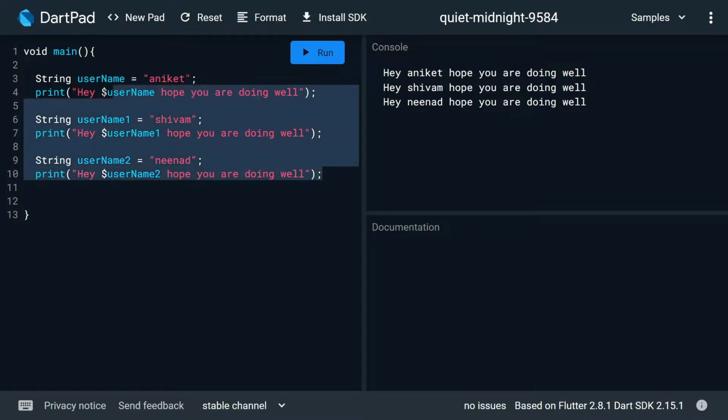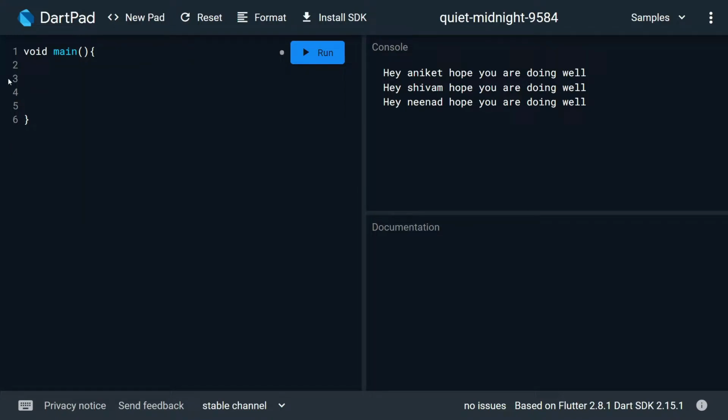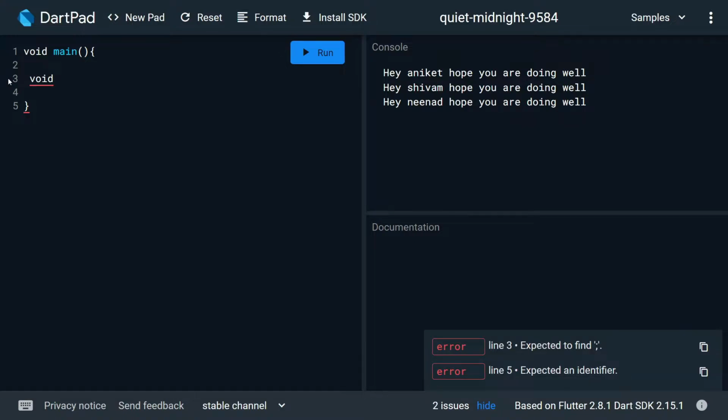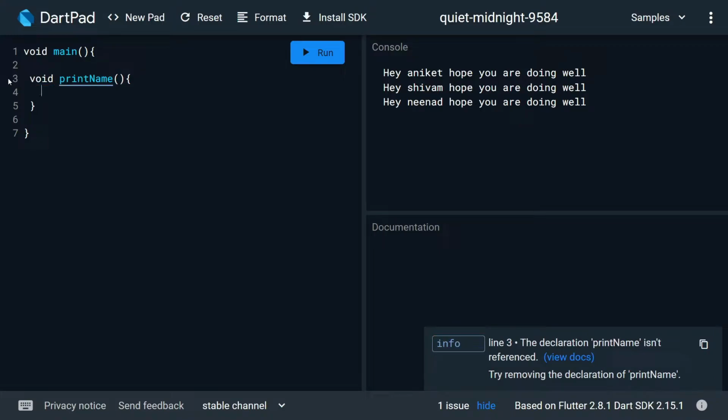So to overcome this problem, which is to overcome the repetitive code that uses the same logic, something called a function has been built, right? So to create a function, you type void if it is not returning anything, like if it's just performing a specific task. In our case, it is going to just perform a specific task, which is to print a statement, right? So I'll type void and the function name, which is going to be printName, and here I type print hello